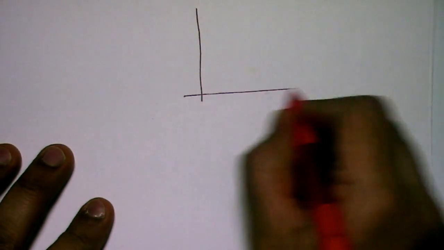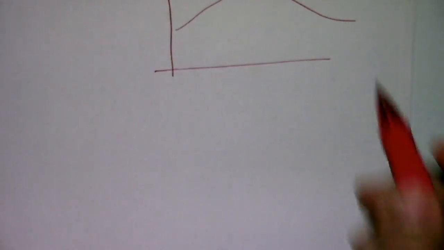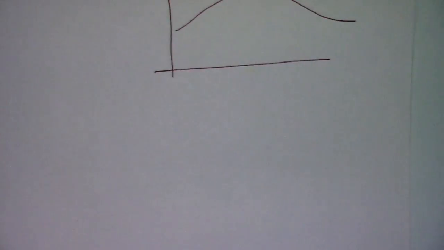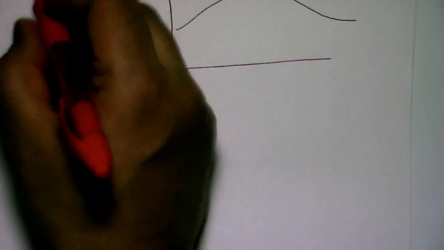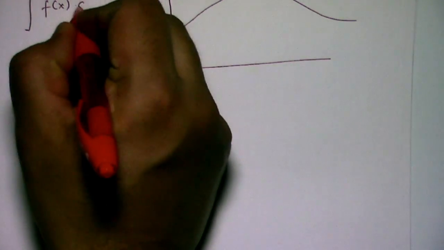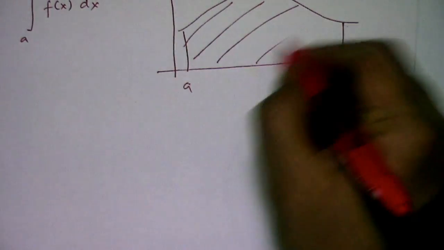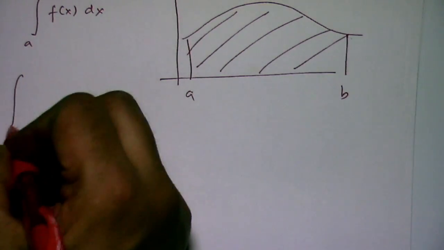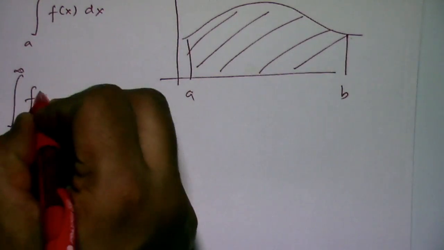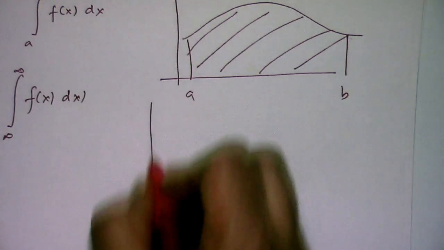So remember, what is integration, right? Integration is nothing but you're given some curve and you want to find the area under the curve, right? So if there are bounds, so if this is f(x), then it is just computing the area between a and b. However, if it is from minus infinity to infinity, then it is just the area under the whole curve,